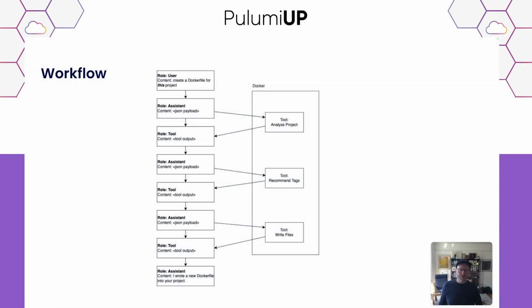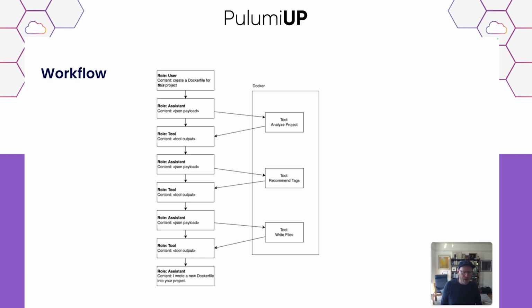In the third example, we're going to look at workflow. On the right side, there are 3 tools that we need to integrate. We need to let the LLM plan activity over these 3 things. And the prompt that we're going to do here is, I want you to create a Dockerfile for this particular project. And this project is the key here because we need the LLM to be able to run a tool to analyze this project and see what's the tech stack here, what kind of content is here,